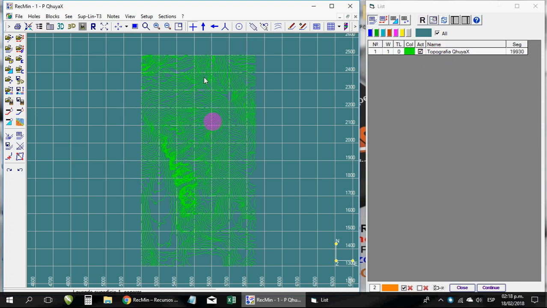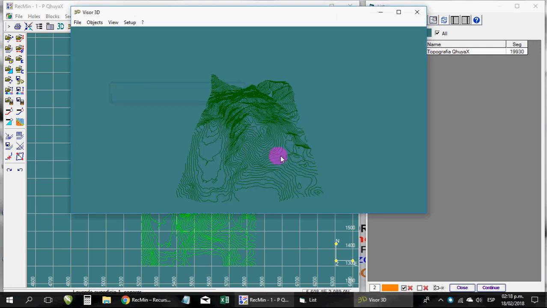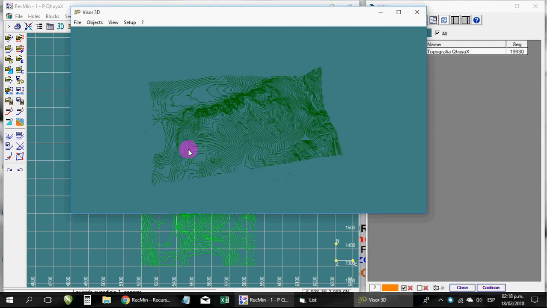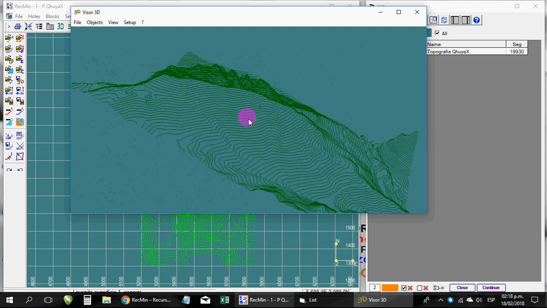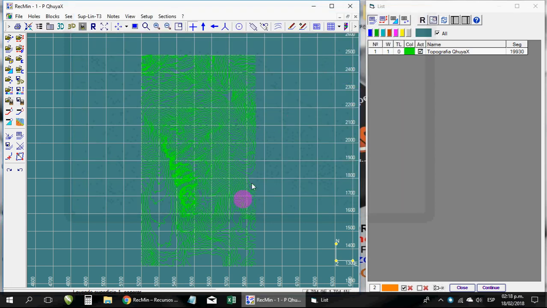For example, this surface that you are looking at is divided into major curves and minor curves, an old form that some professionals still use. Here in RecMin, no longer. Well, this surface you would have to define in a single layer, and to triangulate that surface, you use